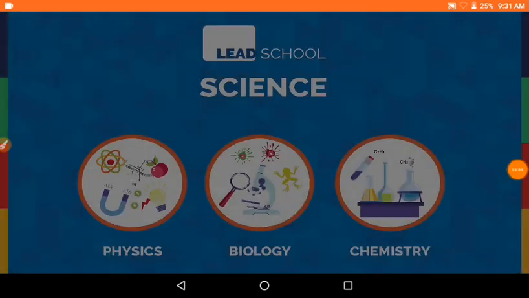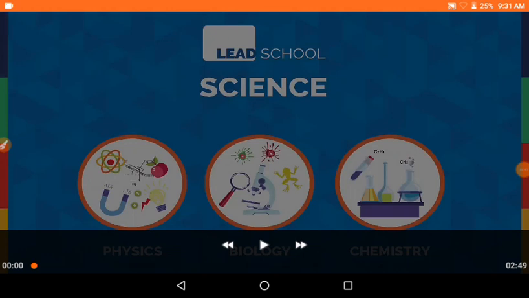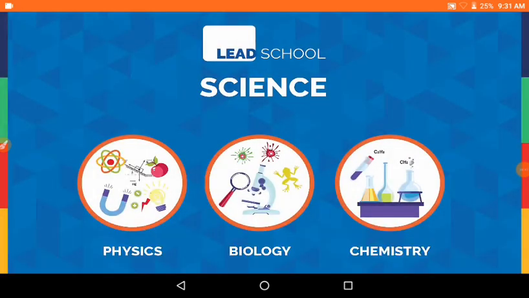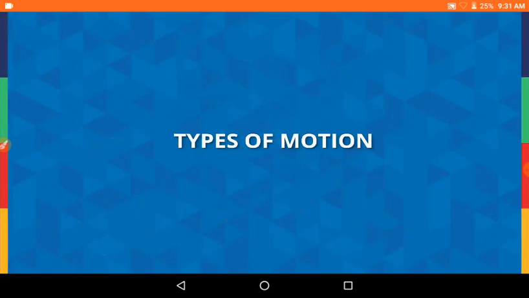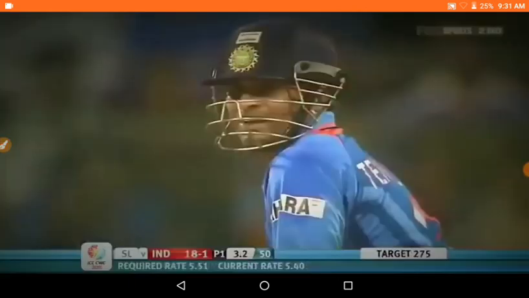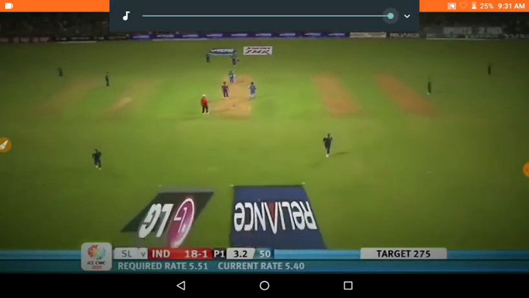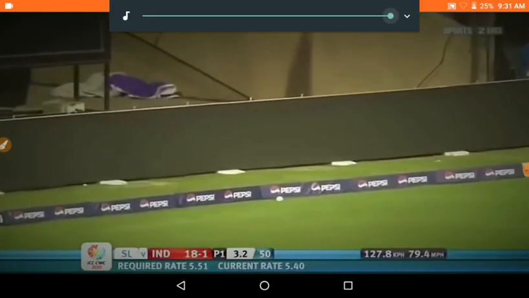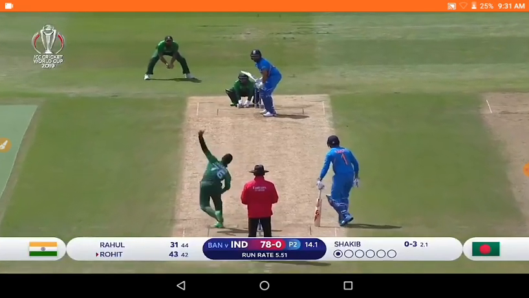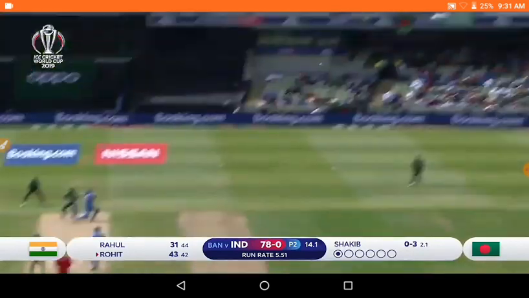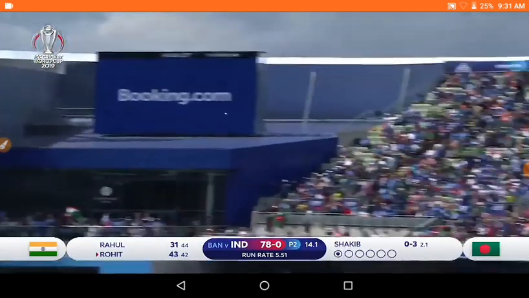So here is a video. Let's watch. Types of motion. Watch this batsman play a straight drive to send the ball straight to the boundary. Now watch as another batsman lifts his bat in the air and sends the ball straight into the stands for